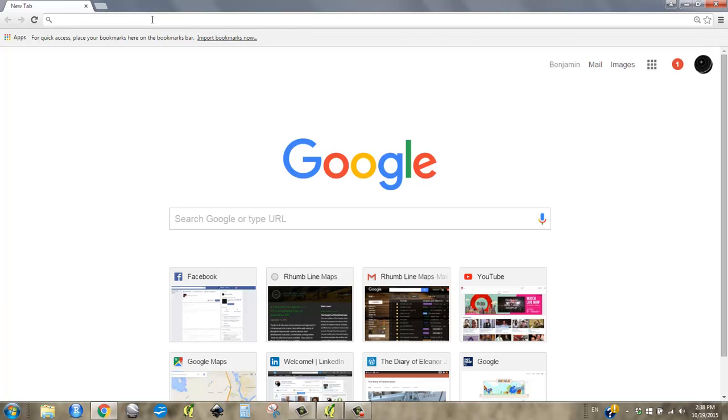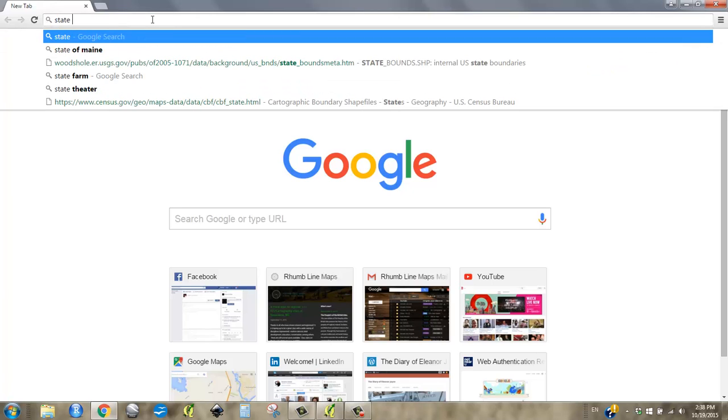I want to bring in some information. I want to bring in boundaries for the US, and I also want to bring in terrain data. Let's start with state boundaries. So I'm going to say state boundaries